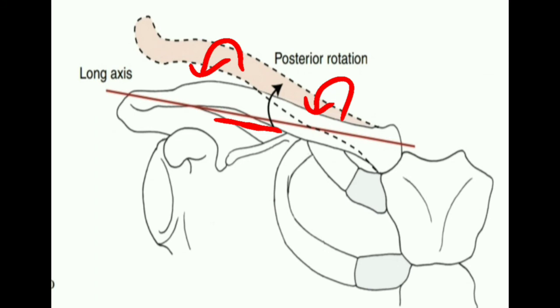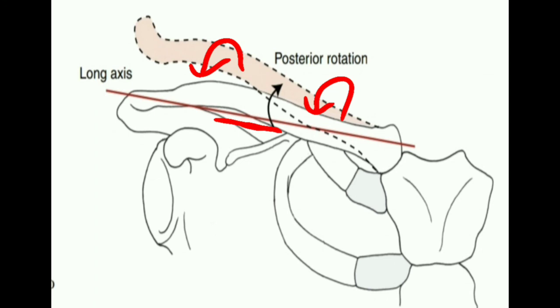That means it is the rotation from posterior to anterior, that is, from the posterior rotated position to the neutral position. So what is known as anterior rotation? Here the anterior rotation means when the clavicle is posteriorly rotated, it then moves towards the neutral position and comes back to its neutral position. That is known as the anterior rotation. Am I clear? I will tell you once again.